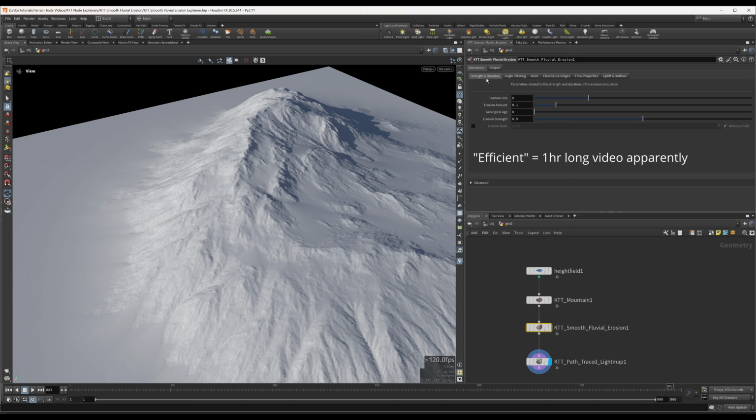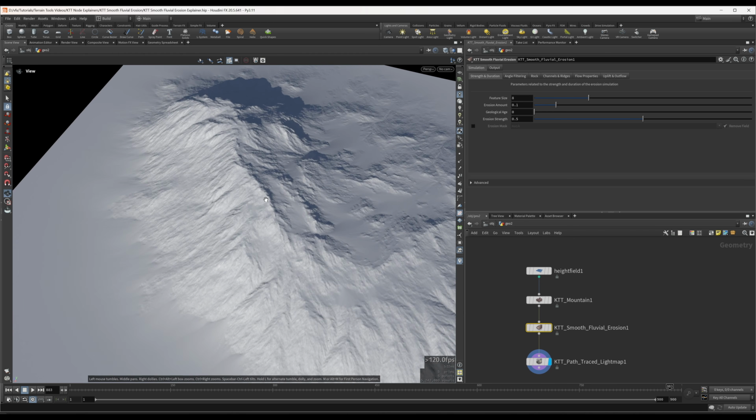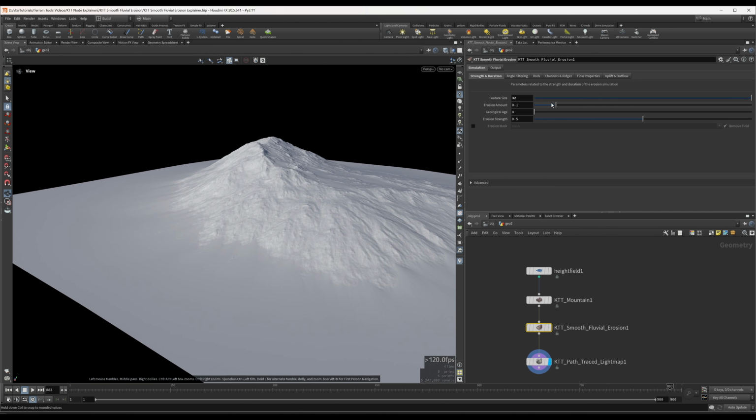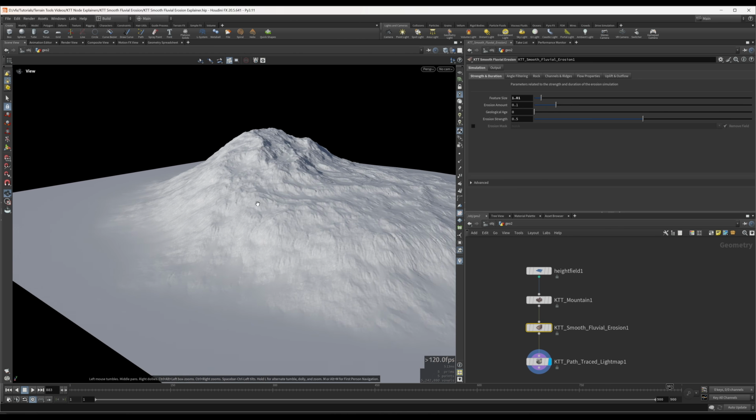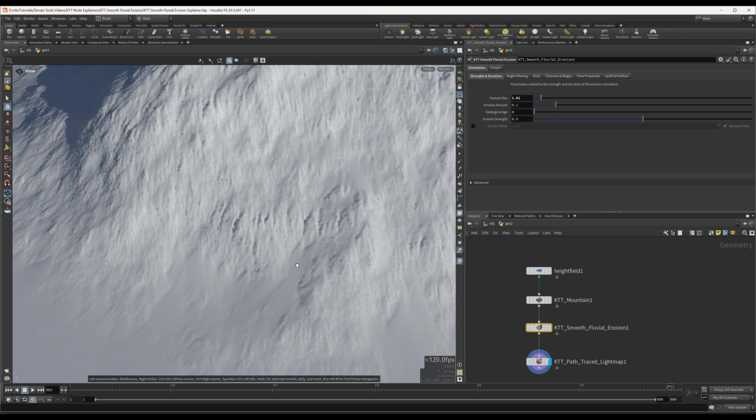So let's start with this strength and duration section. These parameters, as it says up here, are related to the overall scale and intensity of the erosion. So for instance, this feature size is a good one to start out with because as I make this bigger, you can see the erosion gets stronger and stronger. But as I make this very small, you can see that the features that the erosion generates are very, very tiny,